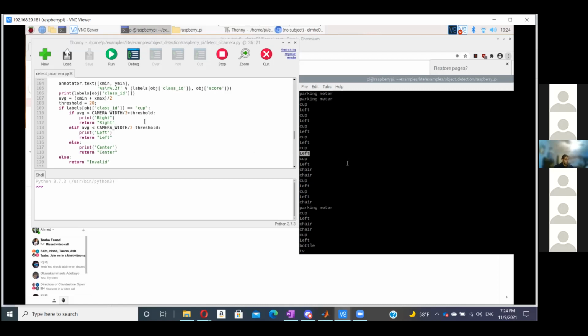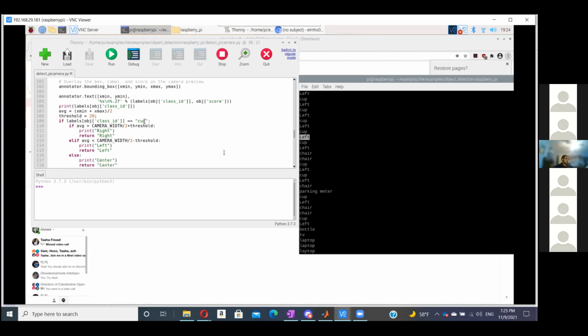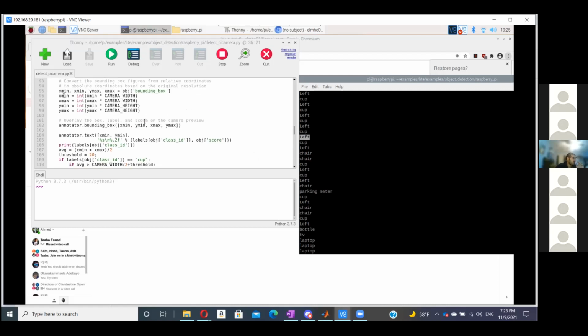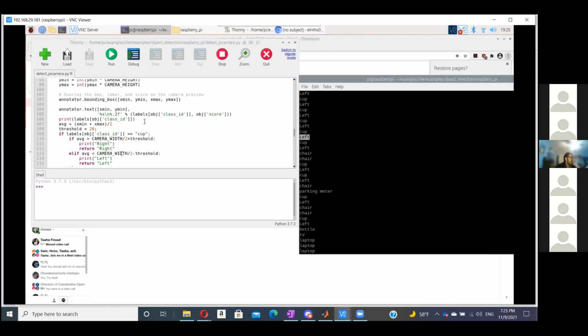And so, using just the position of the bounding box, the red box that was surrounding the object, I could determine the min and the max, and subtract the min and the max from each other to determine where the center is. And is the center approximately on the left, on the right, or in the middle? And then I just display that output through there.